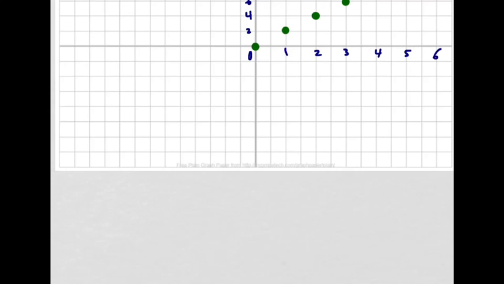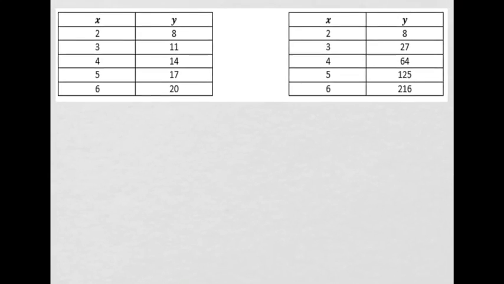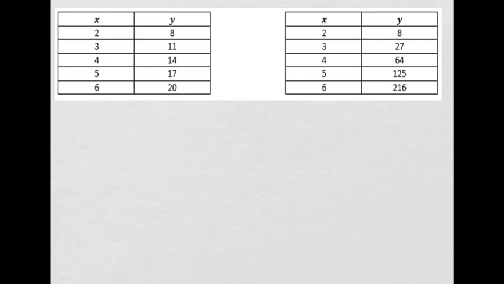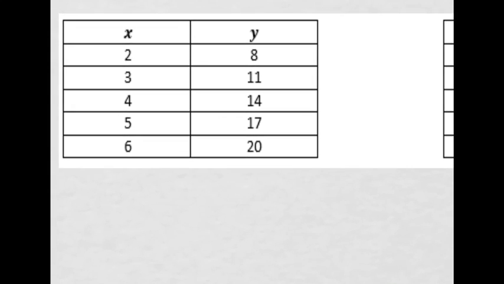There are actually other ways to express a linear relation. It's not just specific to graphing it. You can tell by looking at a table of values, and you can also tell by looking at an equation. So, we're going to look at these two tables of values. One way that you know a relation is linear is if each column goes up by the same amount each